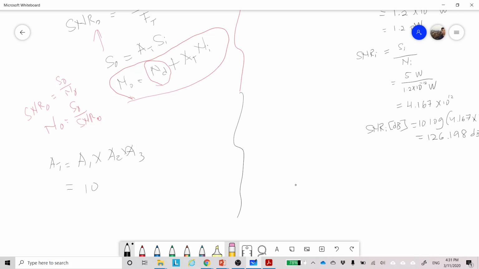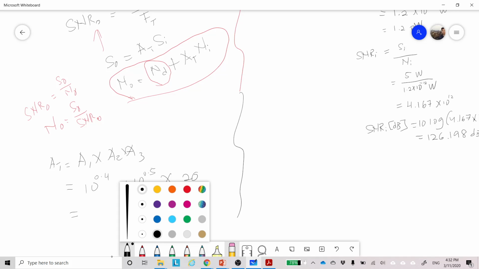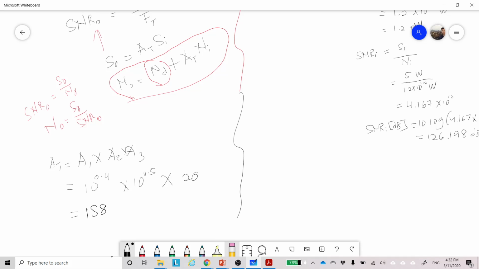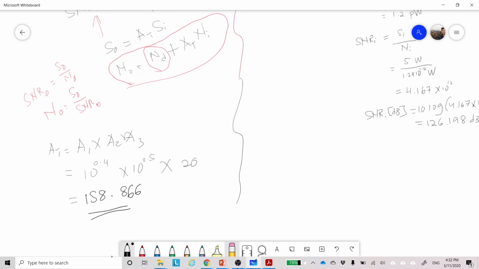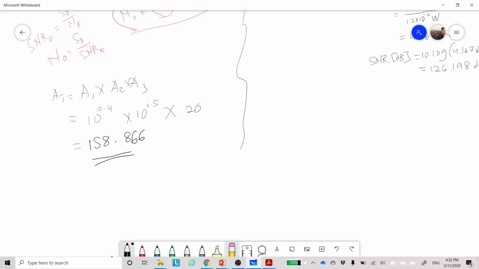So, antilog of 0.4 darabkan dengan antilog of 0.5 darabkan dengan 20. So, saya akan dapat A total bersamaan dengan 158.866. Okay, saya dapat total gain. And then